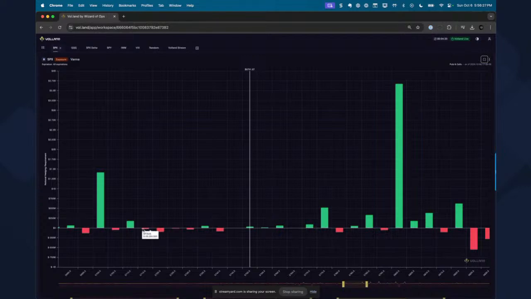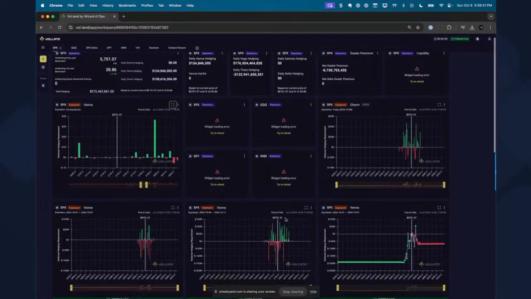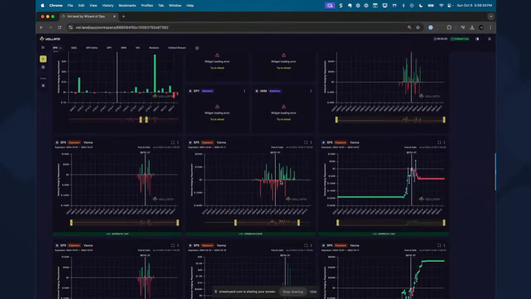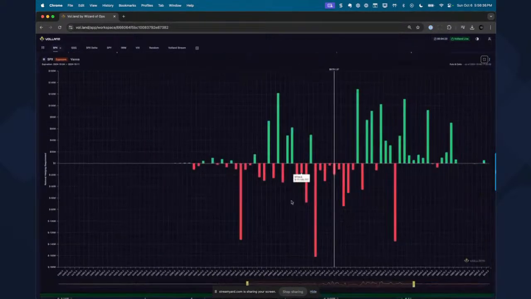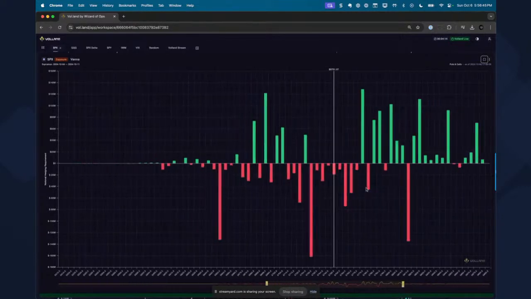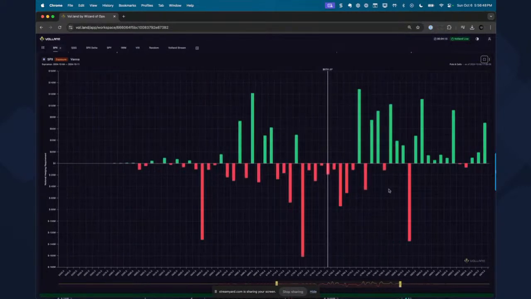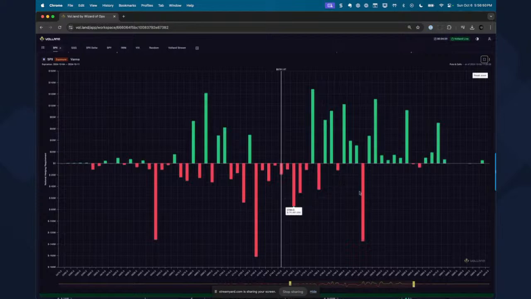So we have a cluster here, but again, what I start to look at now is what this looks like from a weekly standpoint, right? I'm looking at this from a weekly view. That's my kind of trading style, going week to week to week, right? So you can clearly see there's a little bit of chaos, a little bit of uncertainty, right? We have a resistance above spot, we have support below spot. So first and foremost, what this tells me is I'm not going to enter a trade until I start to